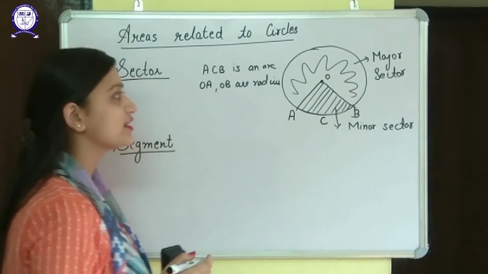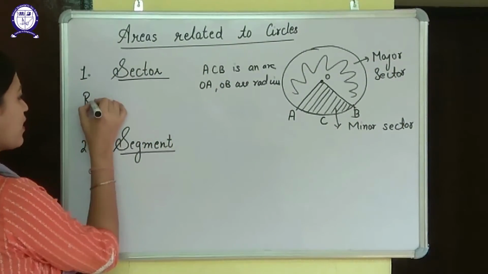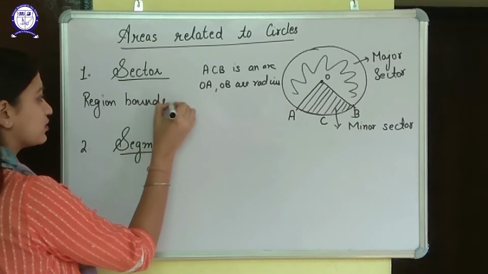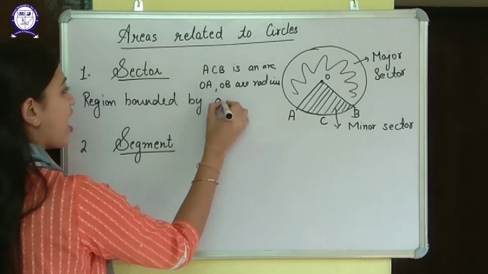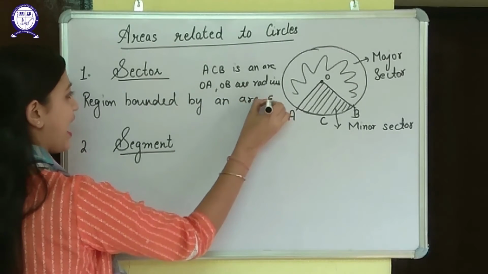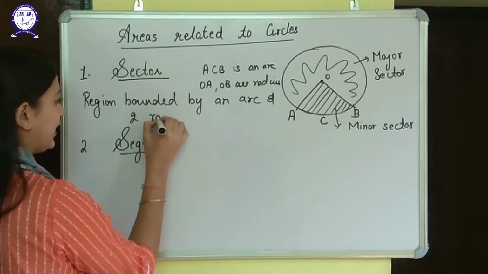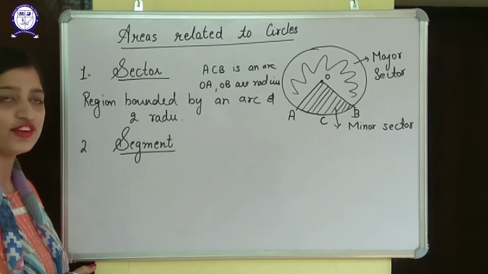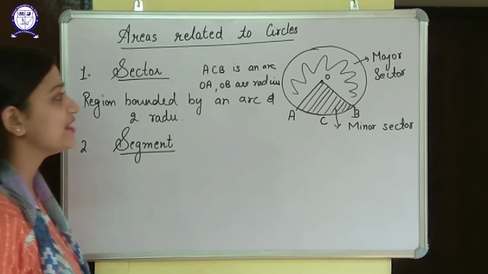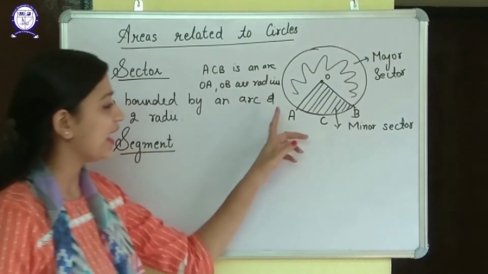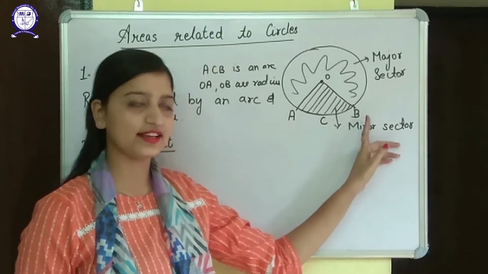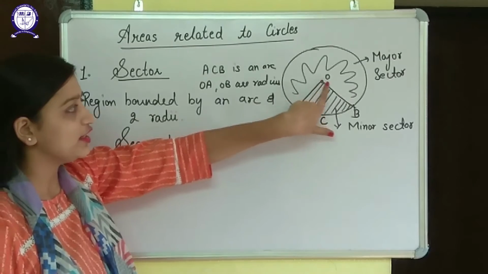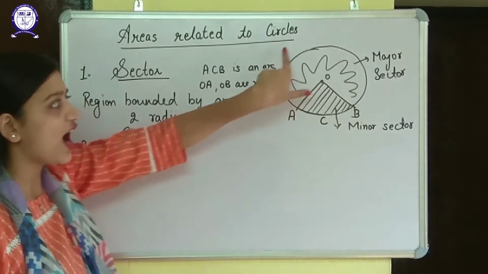Okay, so what is a sector? Region bounded by an arc and 2 radii. Okay, so this is the definition of a sector. There are 2 radii, OA and OB, and an arc of the circle. This is a sector. If I look at the major sector, area bounded by these 2 radii and this larger